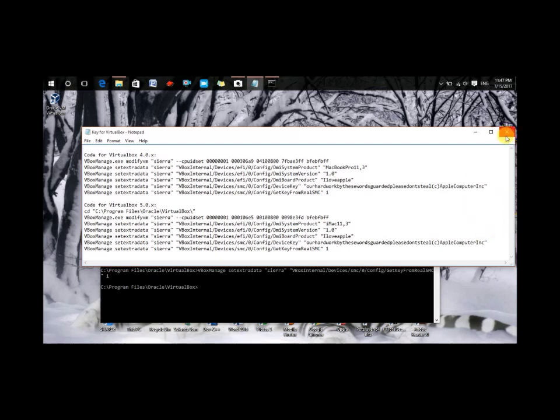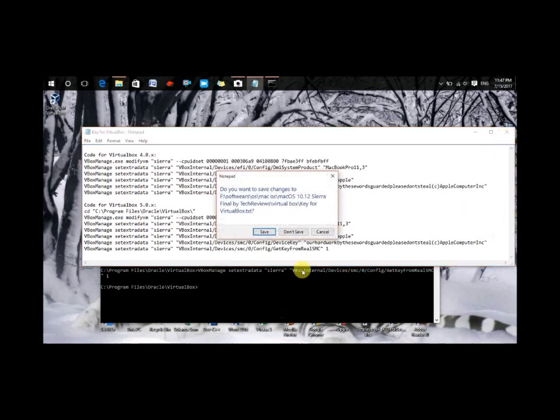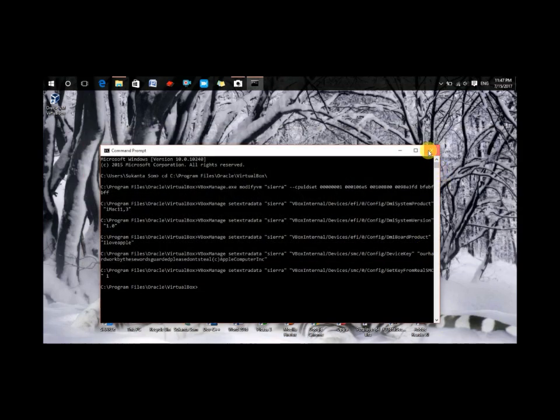After pasting all the lines, close Notepad and close CMD.